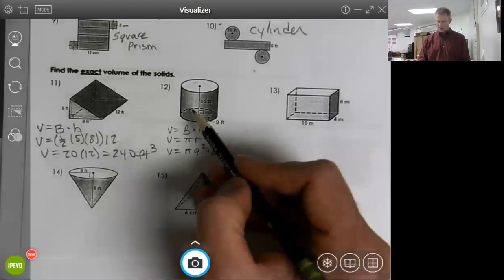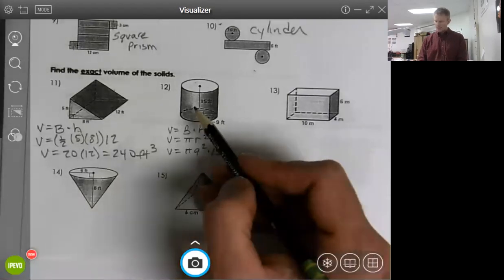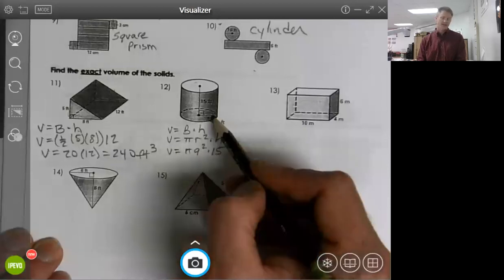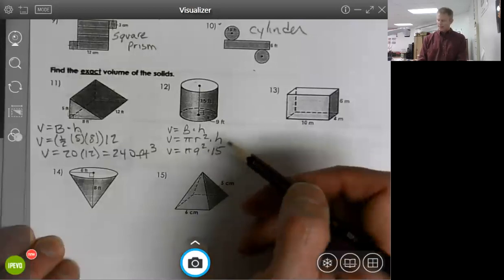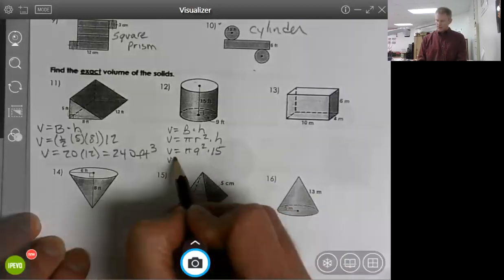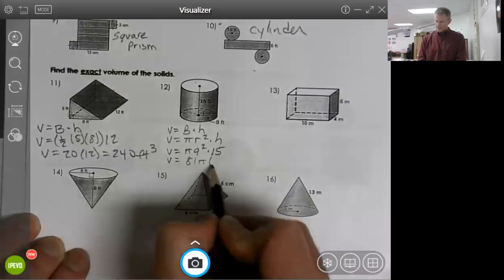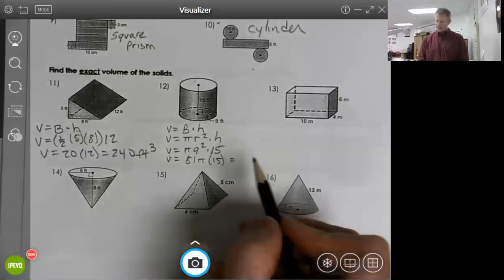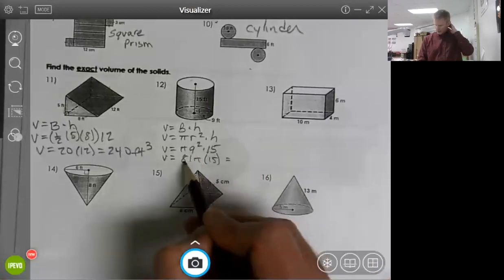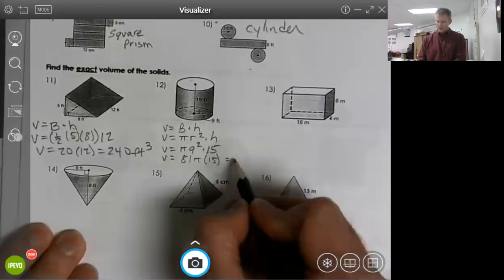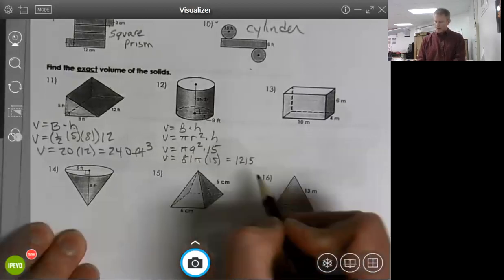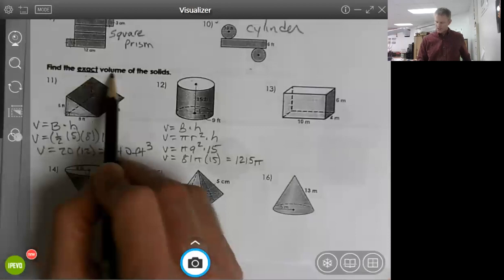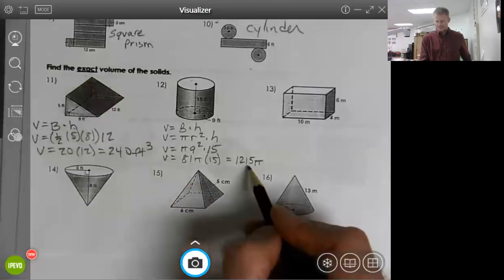It's a perpendicular height. So we have to use that to help us determine what the height is. We cannot use a slanted height. Now, a cylinder doesn't have a slanted height, so it's okay, but it does occur. So we have 81 times 15, because 9 squared, that's our radius squared, times 15 is 1,215. Pi, that's what makes it an exact answer. They ask for the exact volume. So if we times this by